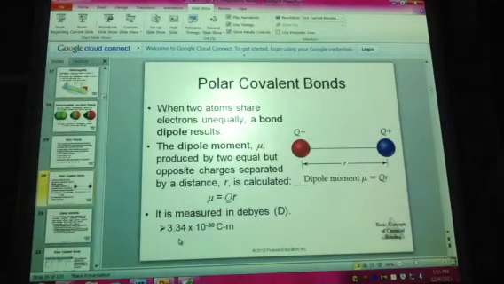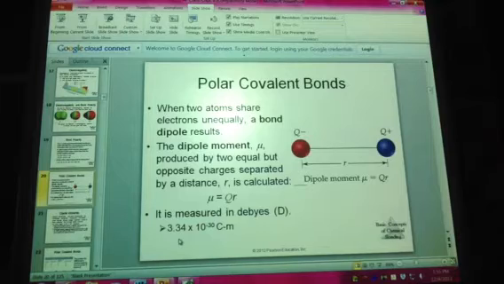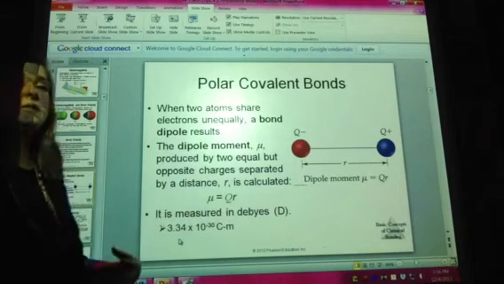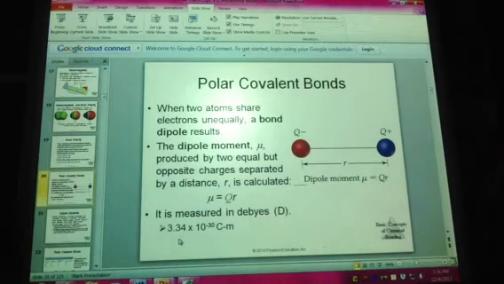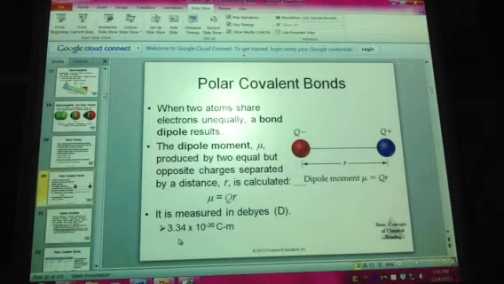Mu represents our dipole moment. Q represents our charge, and R represents the distance between those two particles, or between those two charges. So remember, Q is charge, which we measure in coulombs. R is distance, which we measure in meters. And mu, the dipole moment, we can think about in coulomb meters,